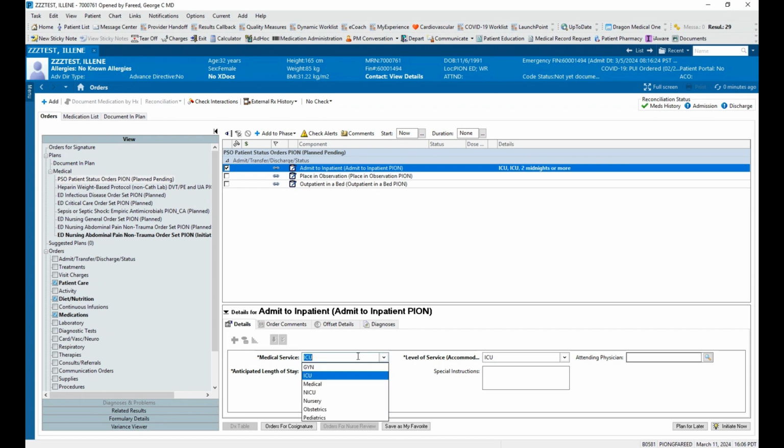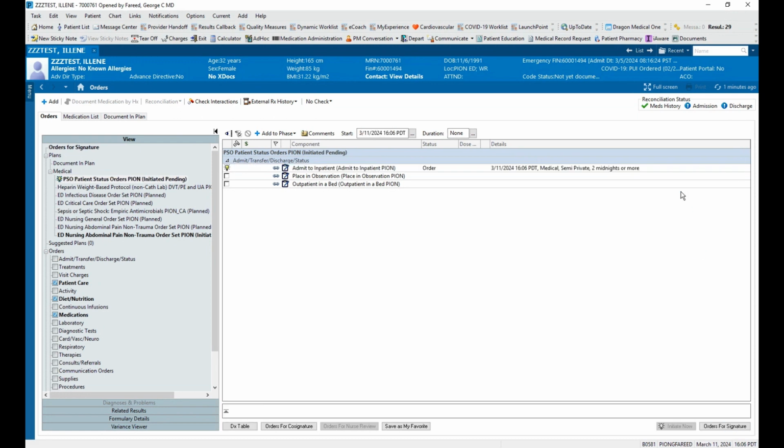If I want to admit this patient to med-surg, it would be a medical service type. And my level of service or my accommodation would be semi-private if they're going to be sharing a room, or private if they're isolation or CDC. So I'm going to admit this patient to semi-private, 2 midnights or more. And then you'll go ahead and you'll initiate now,